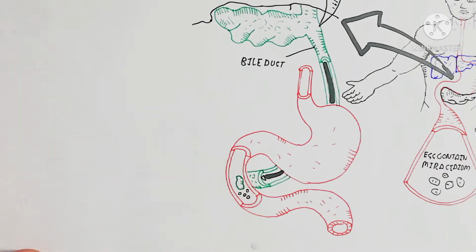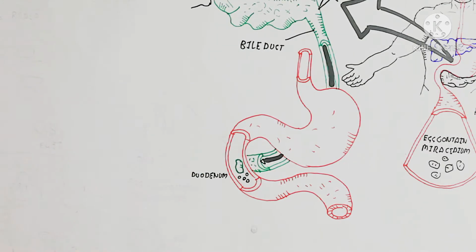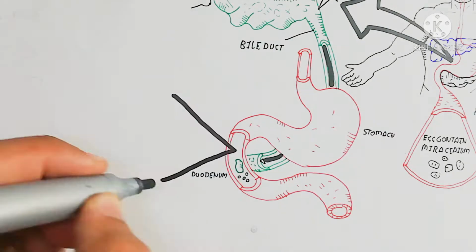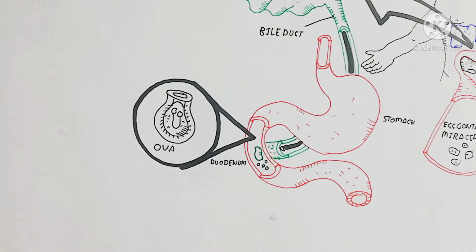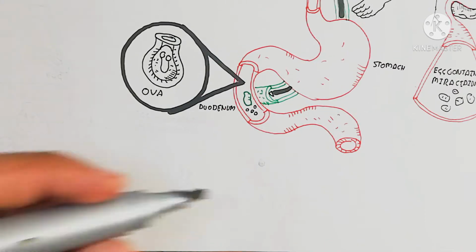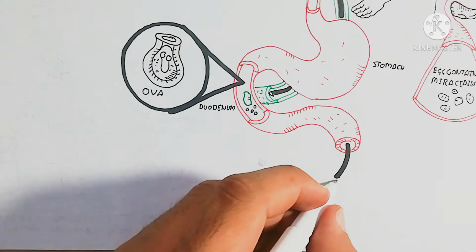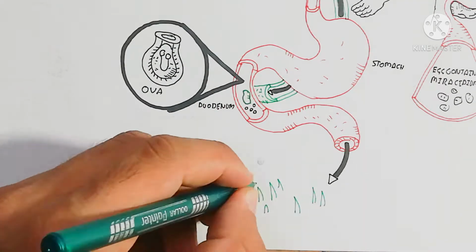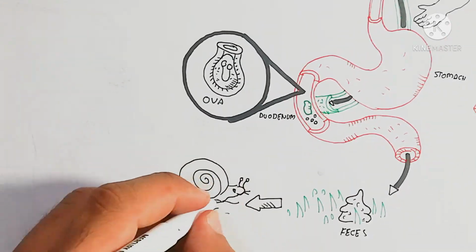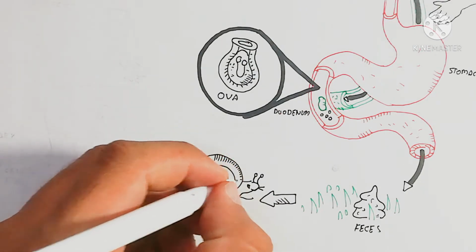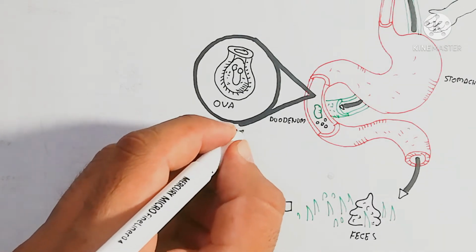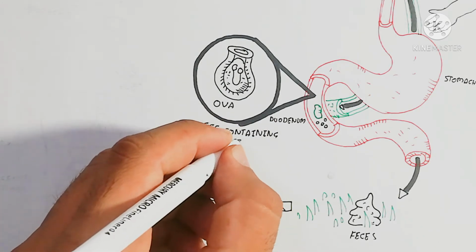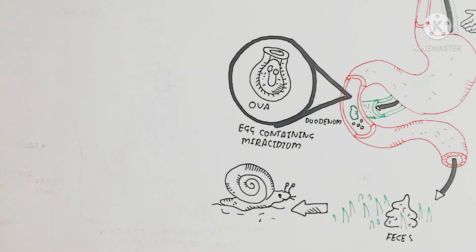This lives in the small intestine, and here the bile duct allows the bile pigment to move from the liver into the duodenum. So the duodenum contains the egg developed from the gallbladder, produced by the adult liver fluke, the egg containing miracidium. After defecation, the feces are present, and these feces contain